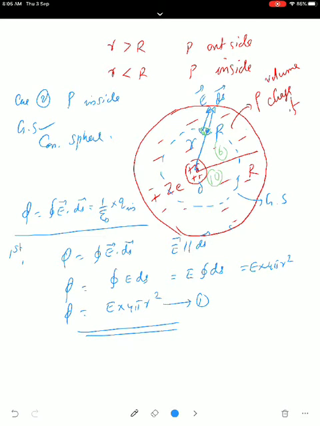Now we want to find out what is the Q inside, the total charge inside. Then only we can use Gauss's theorem, equation number 1. Q inside we have to calculate. So what is the value of Q inside? Q inside is some positive charge, the nucleus Ze, and the remaining negative charge is also there. So how do we calculate that? That is the next point. Can anyone give that? Can you tell me something about the charge inside? So you have to find out what is Q inside here.